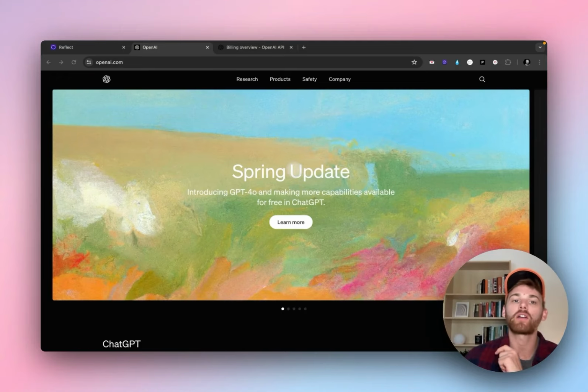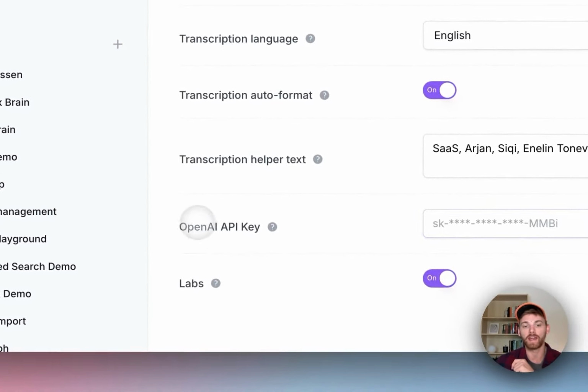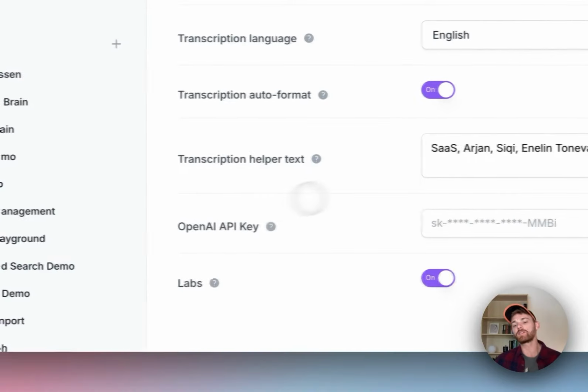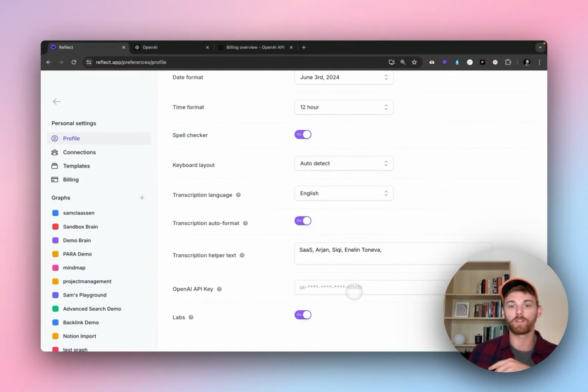To really quickly show you how to add your own OpenAI API keys into Reflect, which is this box here. I'm on the preferences page. You can see it says OpenAI API keys. And basically, if you add your own keys here, this will bypass the token limit that Reflect has on its